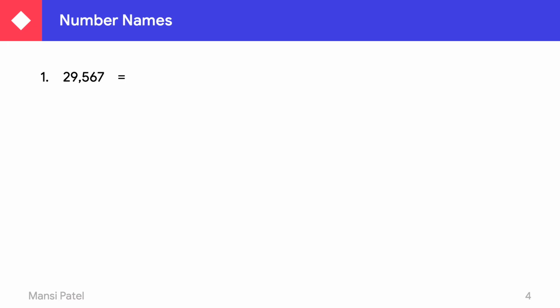So after the thousand place, it means from the right hand side, leave 3 digits and put commas. So you have to write down the number name of 29 together. So it becomes 29 in the group of 1000. So we can write down 29,000, then